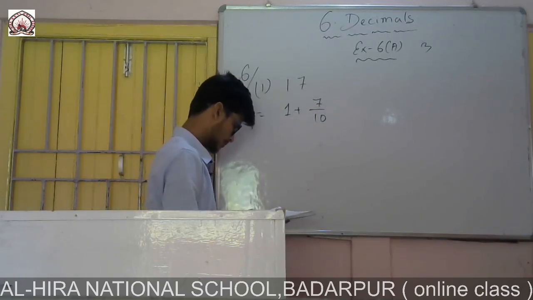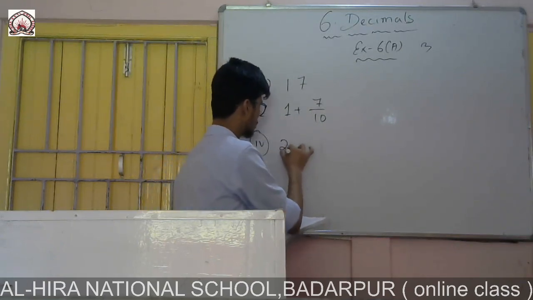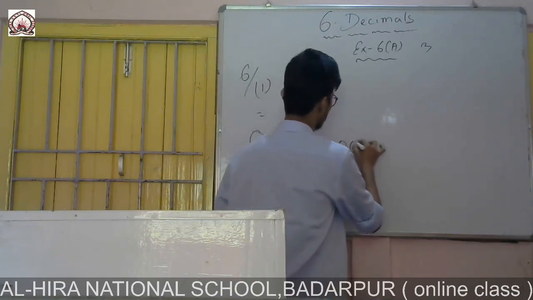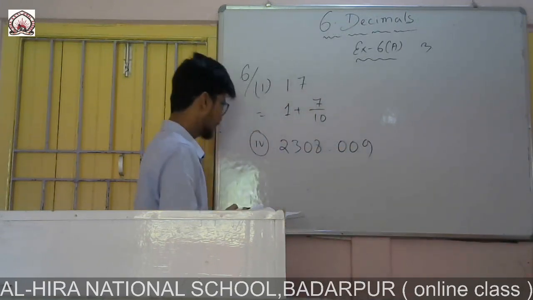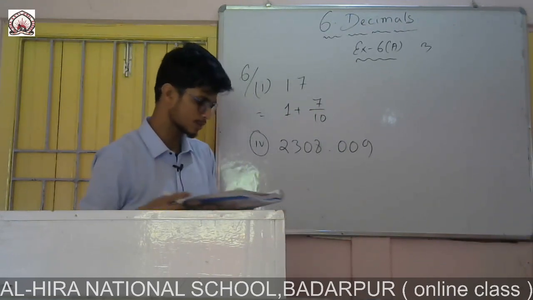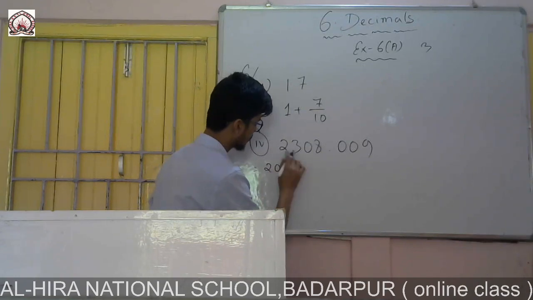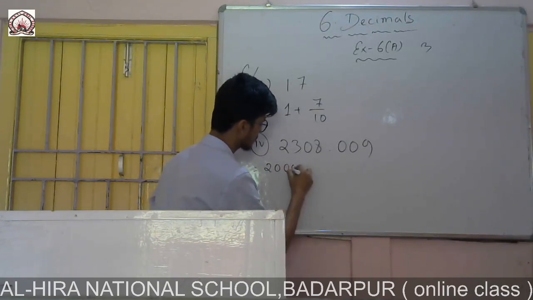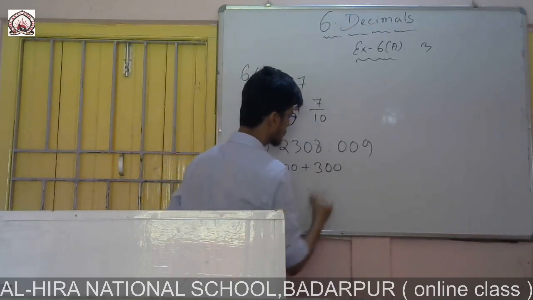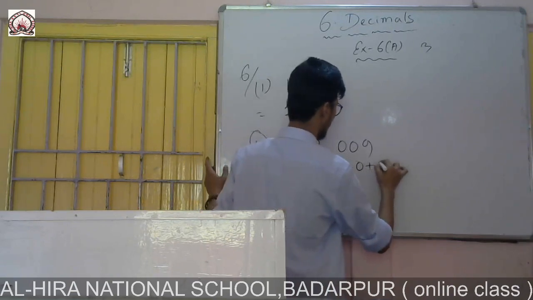Now all are the same. Okay, let me do Roman number 4. It is 2308.009. So in expanded form, it will be 2000. First of all, after 2 how many places? 3 places, so 2000, then 3, after 3 how many places? 2 places, that means 300 plus, in place of 0 you put 0, in place of 8 you put 8